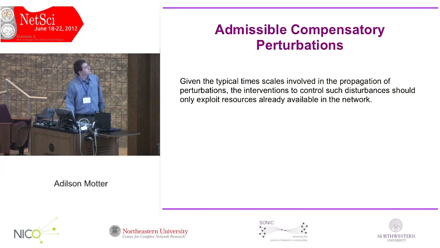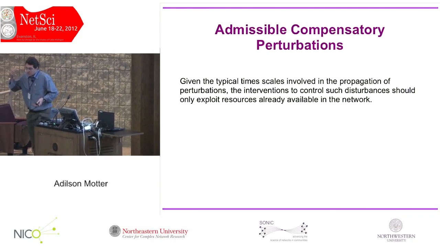Why? Because even though the time for failures to propagate is finite, it is very short compared to the time for the evolution of the network. So you cannot expect to create new links or introduce new nodes in general. You really have to try to take advantage of the resources that are already available in the system. The problem with this, in the examples I gave, is not just that I wanted to give you counterintuitive examples. It's in general much easier to